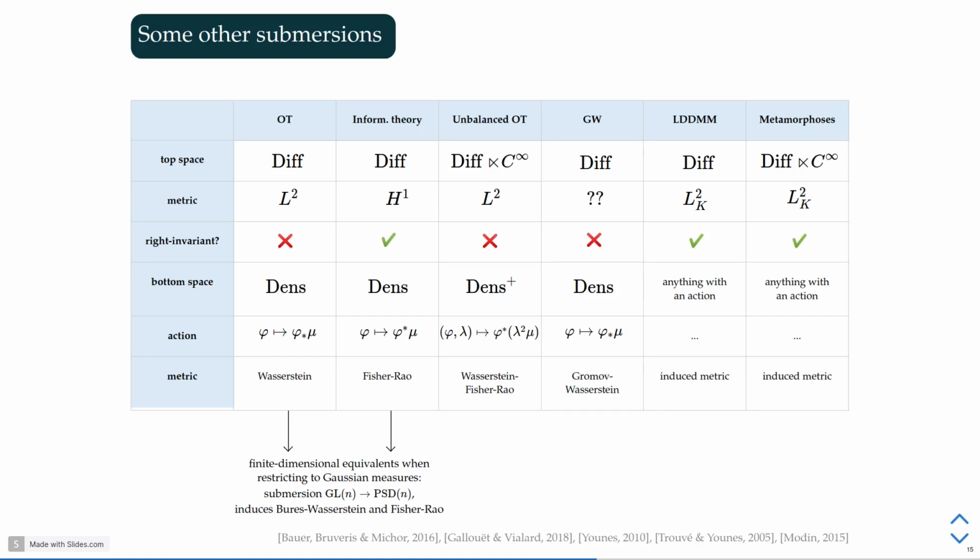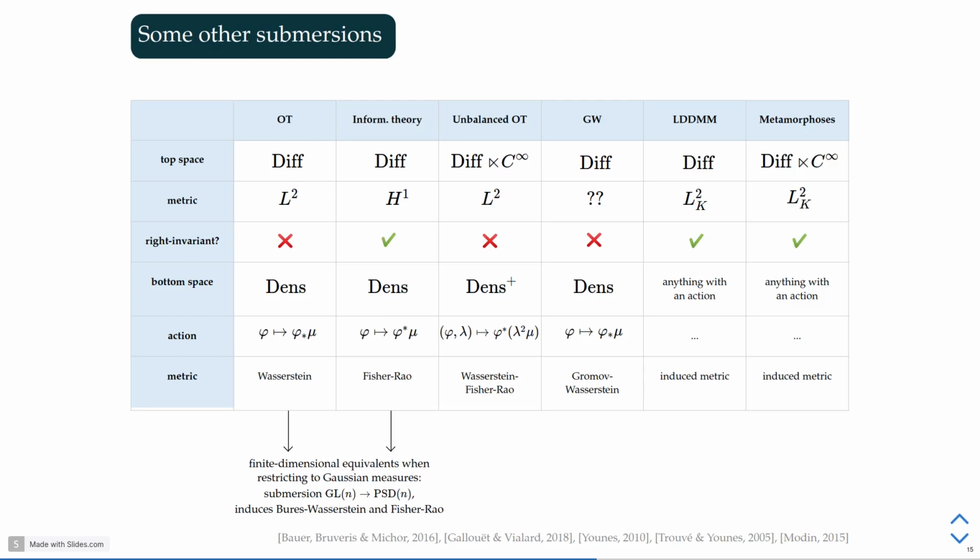So I've done a little table because there are a lot of other subnotions that are very interesting as well. The first column is what I just talked about: the diffeomorphism group with the L2 metric, which is not right invariant, and this is the Wasserstein geometry. But we could also put a different metric on the diffeomorphisms. For instance, we could put the Sobolev H1 metric, and this would induce the Fisher-Rao metric on the set of